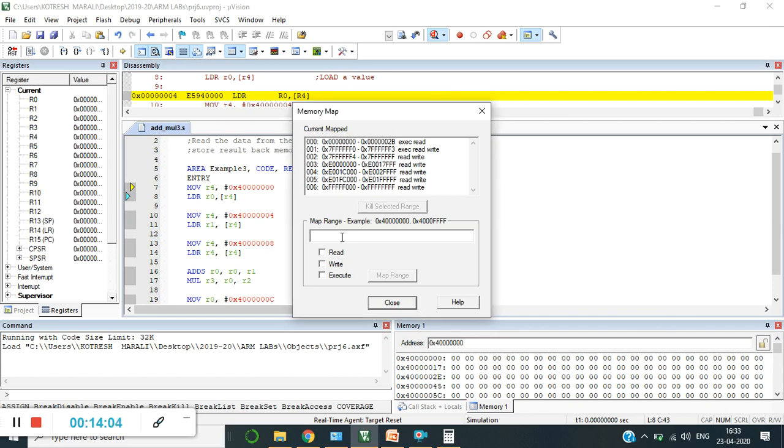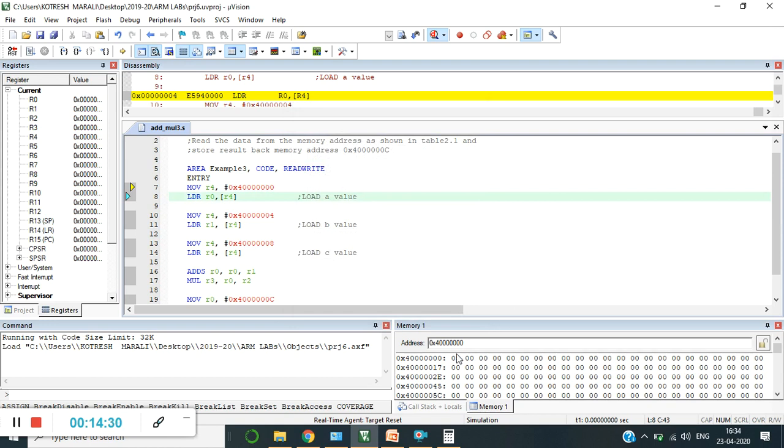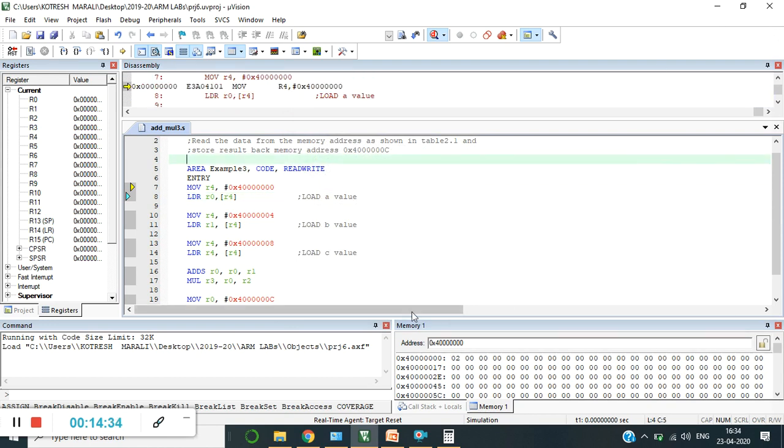So now we are trying to use 0x40000000, and I'll consider my last address till 0400. I need to read, write and execute in this particular area. Map this range, close, and let me check here 02. Yes, now it is taking.